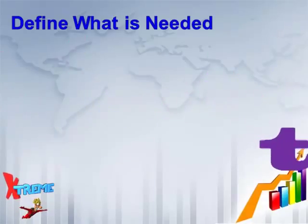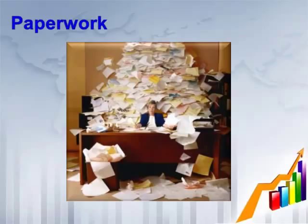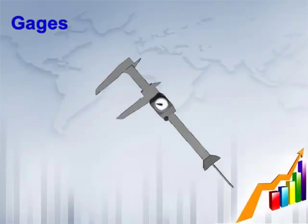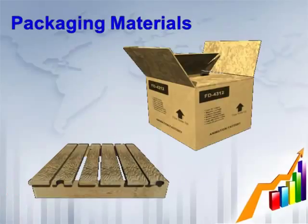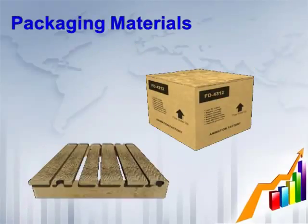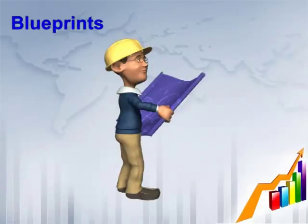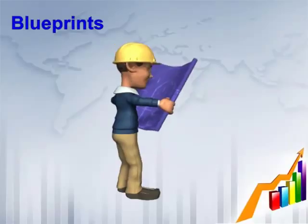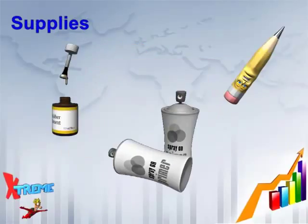To do this, consider the following items: cabinets that can hide outdated material and unneeded items, paperwork that is not required for current production, gauges that are not going to be used right away, machines and equipment that may be obsolete, packaging materials that do not belong in the area, parts and assemblies that are gathering dust, blueprints that are outdated or not required, shelving that can gather items we no longer use,